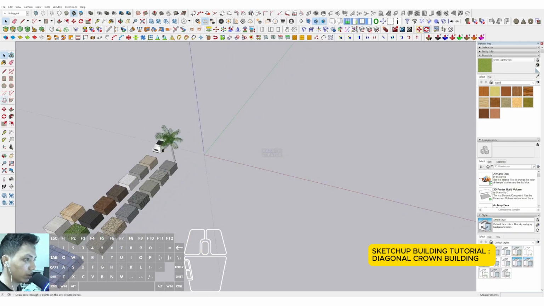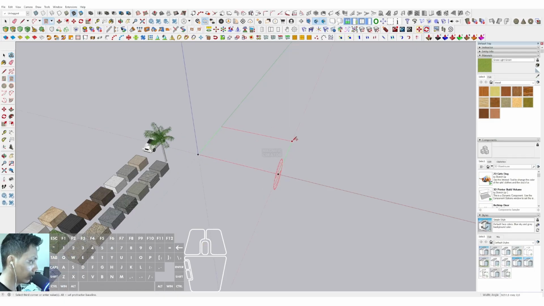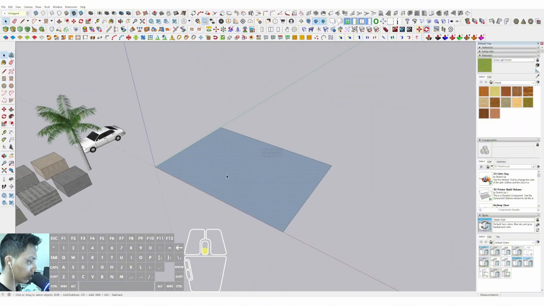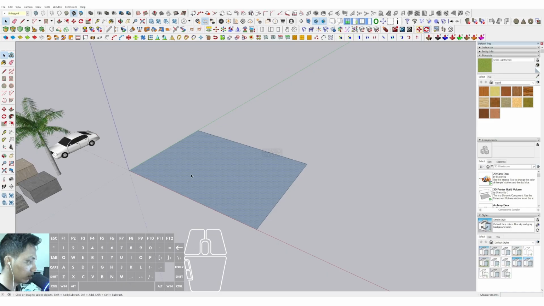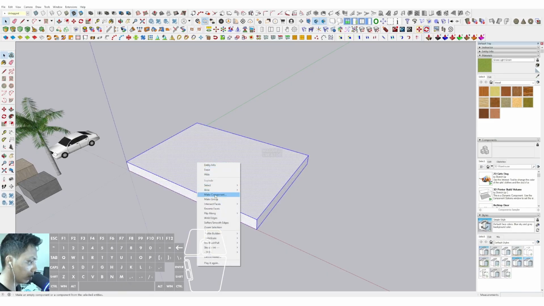Okay, first of all, we can just rotate rectangle in here and click from this point to this another position, around 14 meter, and move it to the behind around 10 meter. Okay, then we can click this surface and push it up 1 meter in here, triple click and make component